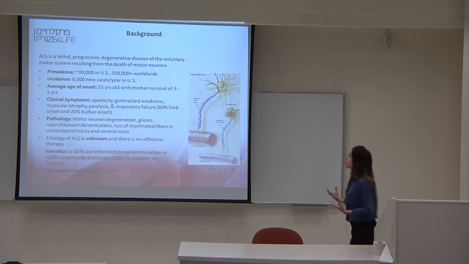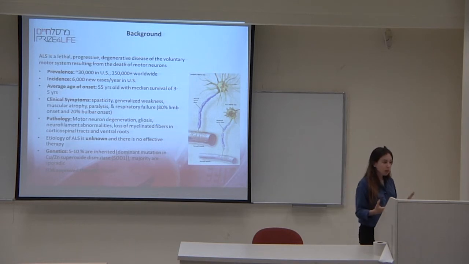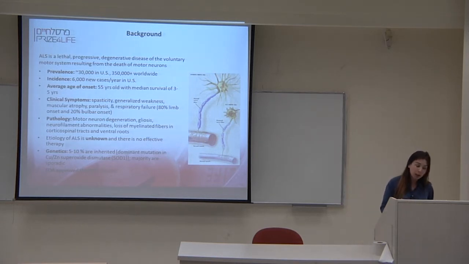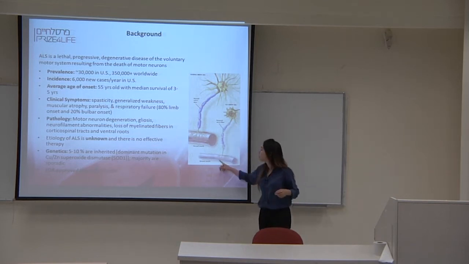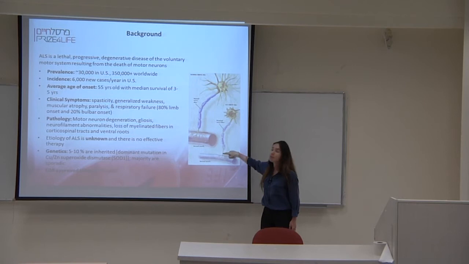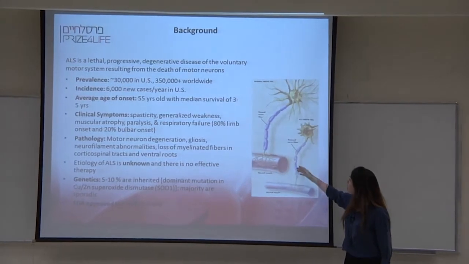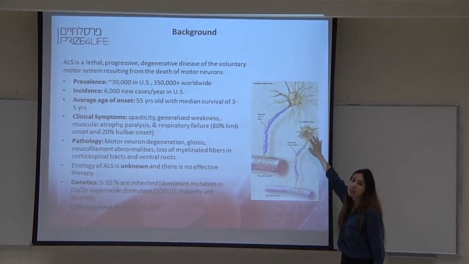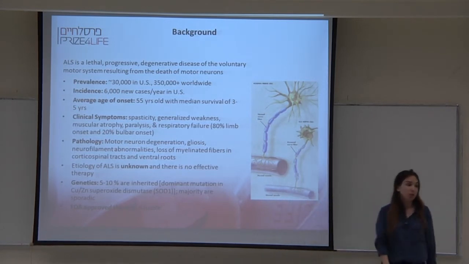The very obvious symptom that a pathologist would see is that the motor neurons die. So the process goes that you see abnormality in the motor neurons while they are still alive, and I'm going to talk a little bit about this abnormality. Then this abnormality leads to the degradation of the connection between the neuron and the muscle. So this is an axon connecting the cell body to the synapse with the muscle. This axon starts to retract, and then the connection to the muscle is lost. The next stage, the cell body that already had symptoms of disease dies, and then the muscle also atrophies due to lack of activation.